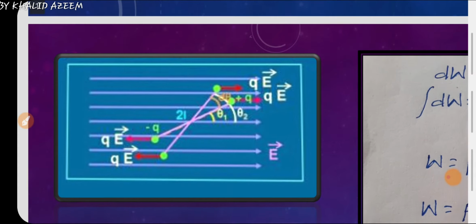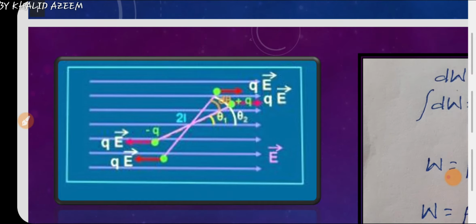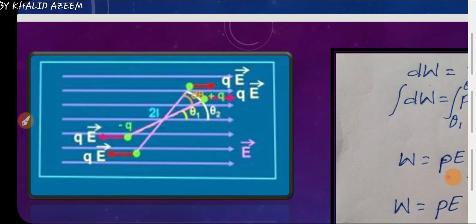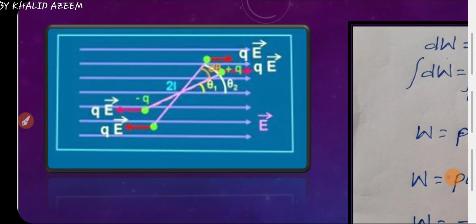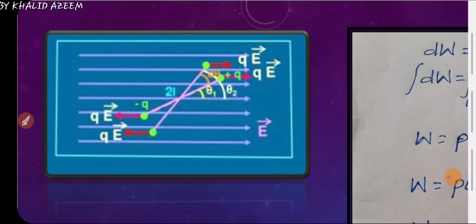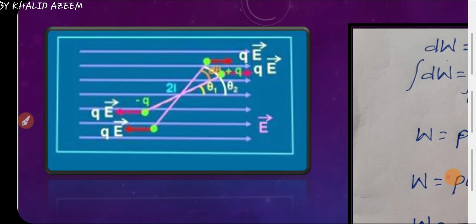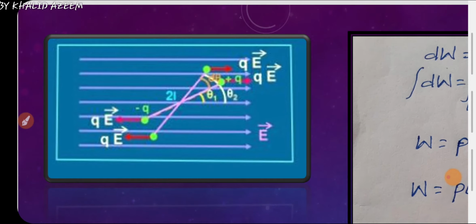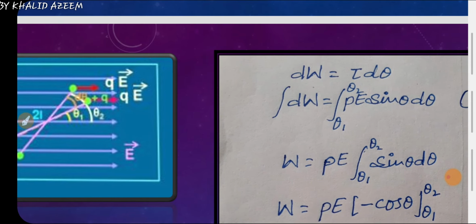Let at any instant it rotate by a small angle d theta. As you know, if the angle is small, then the work done will also be small. If we want to calculate potential energy, then we will always calculate work done. Now there are two formulas for work done: W equals Fs when the object is in linear or translational motion, and W equals tau theta when the object is in rotational motion. So here we will use W equals tau theta.